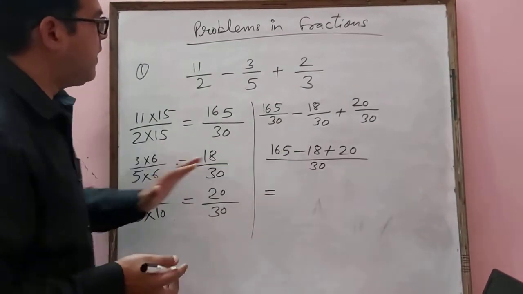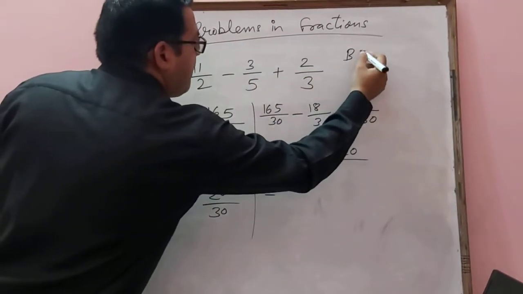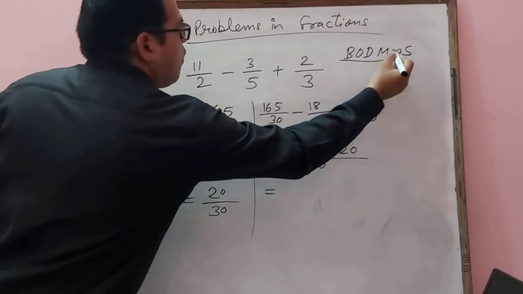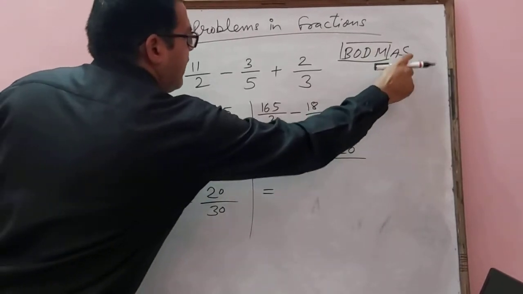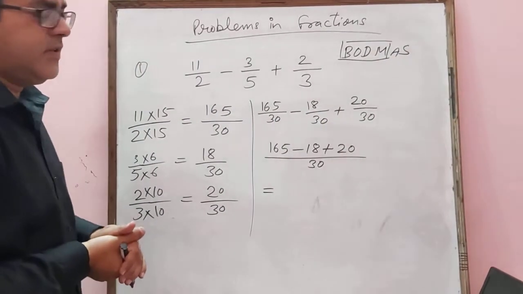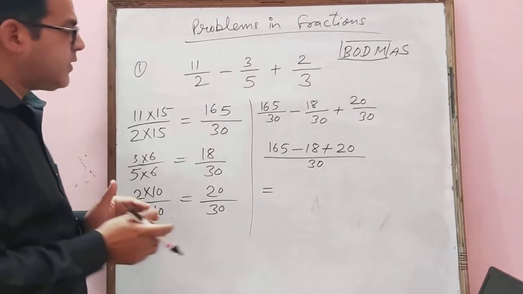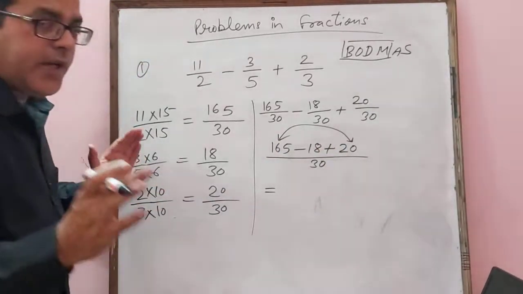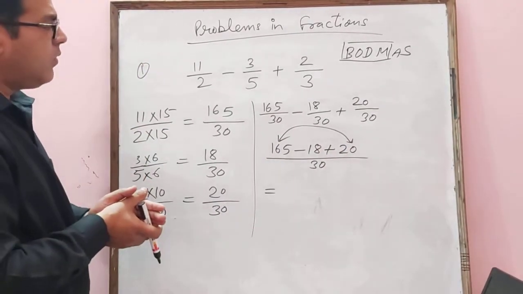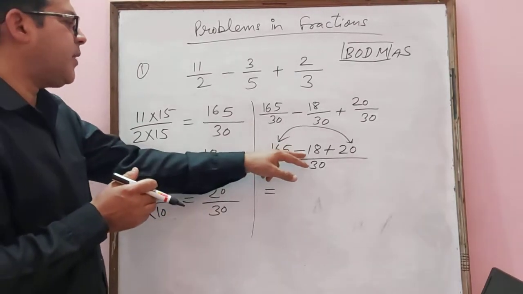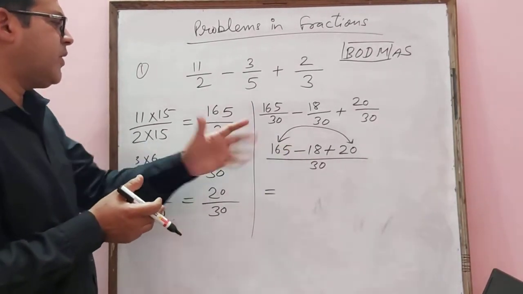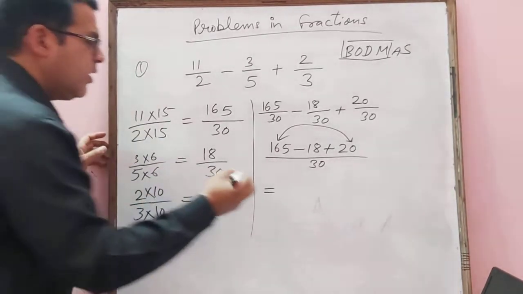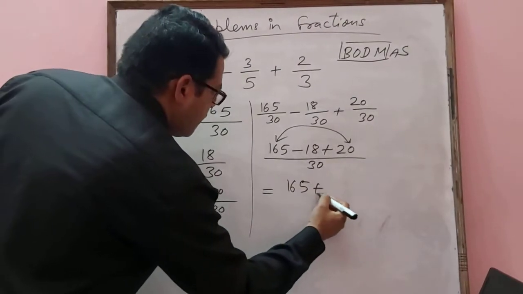Now 165 minus 18 plus 20. So again you have to use the BODMAS rule. So addition and subtraction. According to the rule, first we have to add. These 2 are positive, so we can add. Although we can subtract first also, 18 subtracted from 165, the result doesn't change, but we have to go with the rule. So first we can add